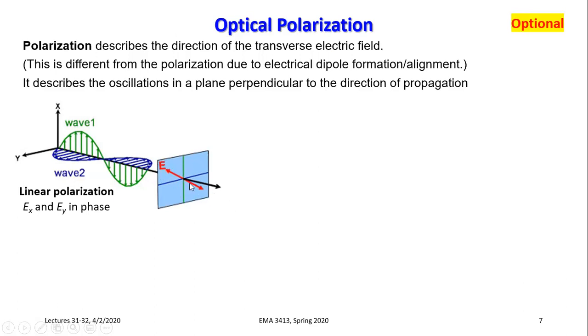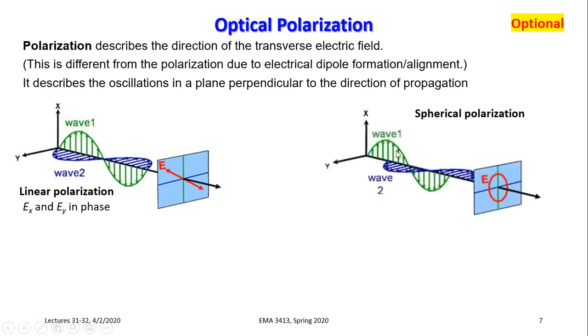In this direction, going back, and then in the opposite direction, and then it'll be just in that plane. In this case, we call it linear polarization. However, if these two partial waves are, let's say, 90 degrees out of phase, but they have the same amplitude, then